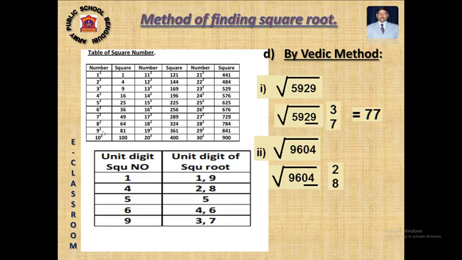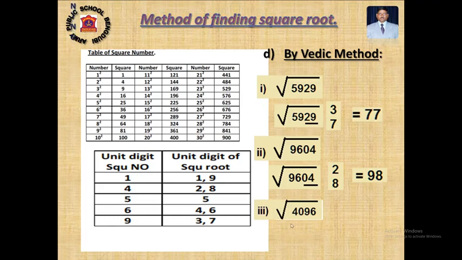That means for the 10 digit, always you have to take the smaller number first. After 9 square is coming 96. That means you have to take 9. 10 place is 9. Now what will be my unit place? Your number 96 is close to 81 or close to 100? It is close to 100. If it is close to the greater one, you have to take the greater number. If it is close to the smaller one, you have to take the smaller number. So your final answer, square root of 9604 will be 98. Clear?